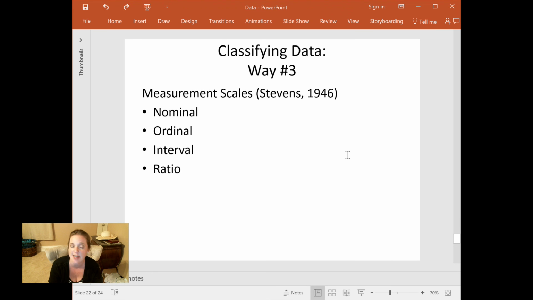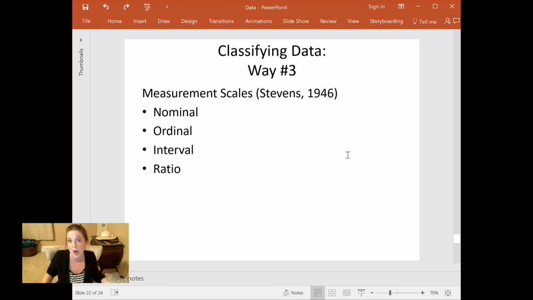And last, and definitely least, is the worst way to classify data, the most terrible way to classify data, the way of classifying data that does you no good unless you're an advanced statistics student in some graduate program in quantitative psychology who enjoys debating the most esoteric, mysterious nature of variables. But it's the one that's covered the most in almost every intro to stat book. So you need to know it as a person who's competent in statistics. And it is essentially called Stevens' 1946 Scales of Measurement.